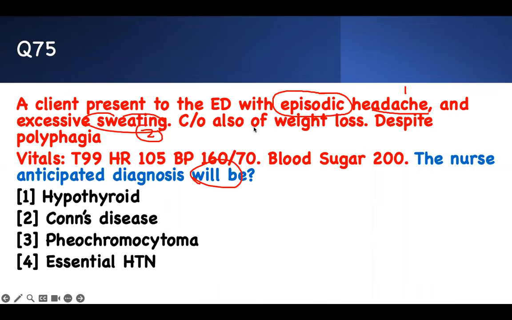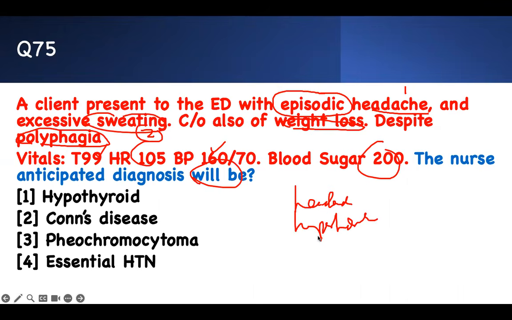Diaphoresis. Also complains of weight loss despite polyphagia, eating a lot. Temperature is this, tachycardic, blood pressure is high, blood sugar is also high. The anticipated diagnosis will be what? Break it down. Episodic headache. So I have headache here, excessive sweating, so